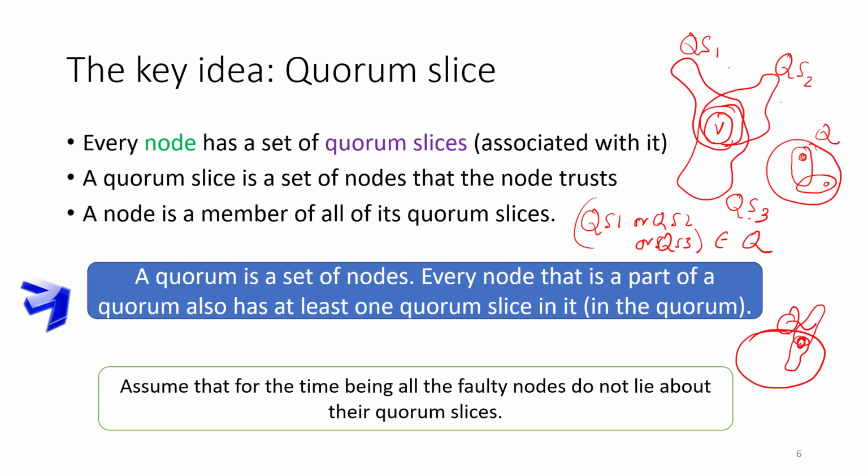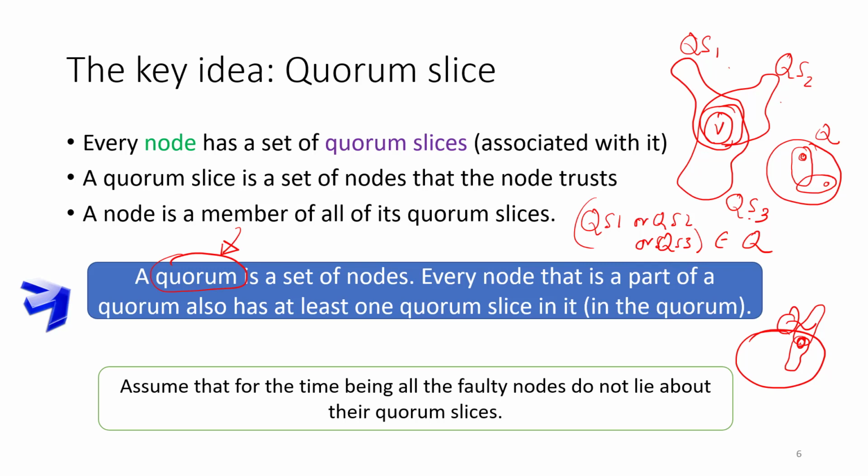So this basically means that if the entire quorum takes a decision, whatever be the decision, in the case of consensus, for instance, then all the nodes within the quorum can have some degree of relief. The relief is that some set of trusted nodes, which is at least one of their quorum slices, has been a part of it. So this gives a degree of sanctity to the decision, which we will see to be very important. So clearly in this case, the notion of the quorum is the most important concept.